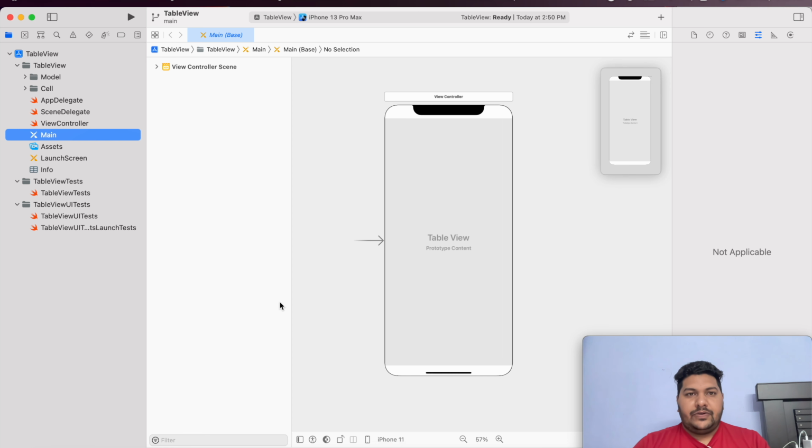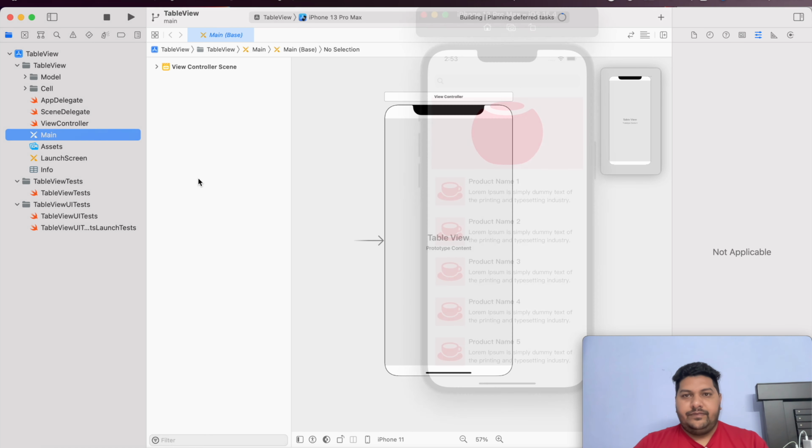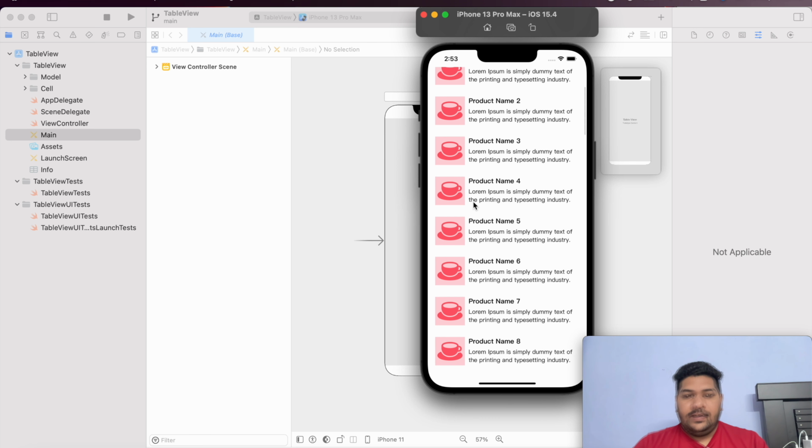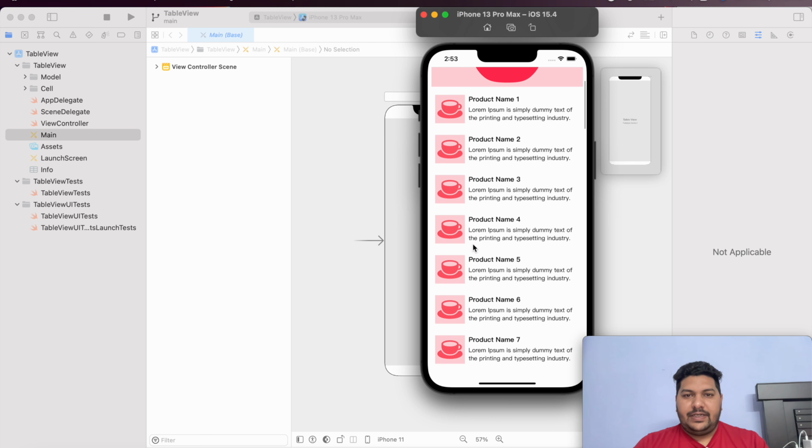In the last video tutorial I made one tutorial for advanced cell view. If you look at that video, there I explored the cell, how you can register a cell via programming. So first of all I am going to run this in front of you. So here you can see I have three cells, one for search, another for banner, and some of the cell rows. Now the question is how it is best.